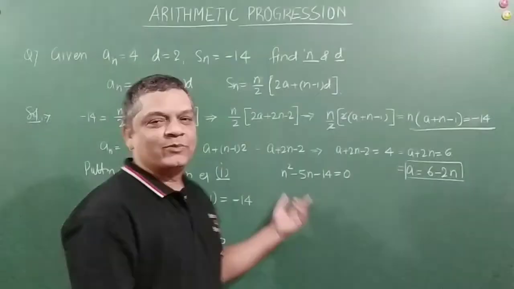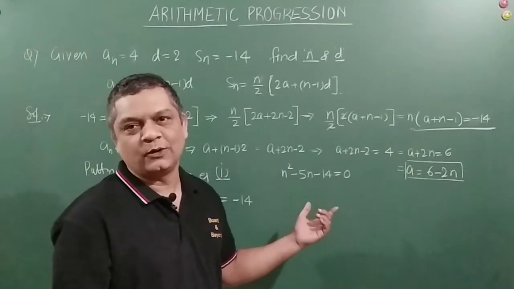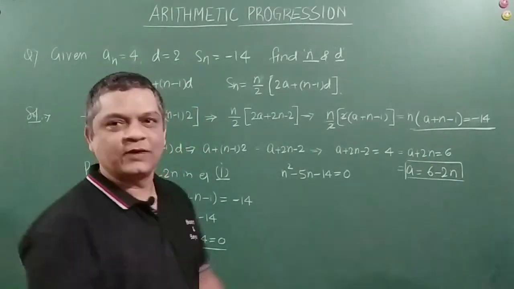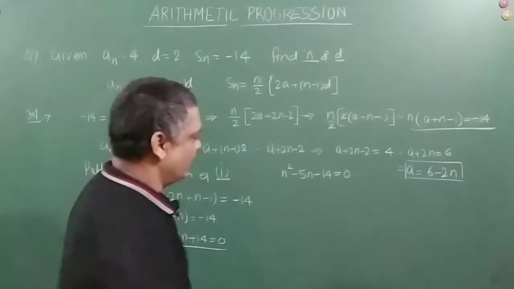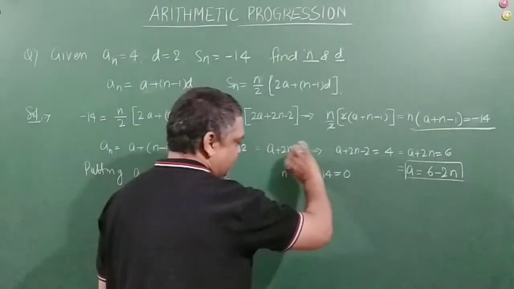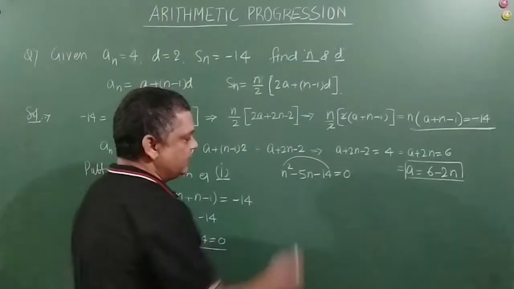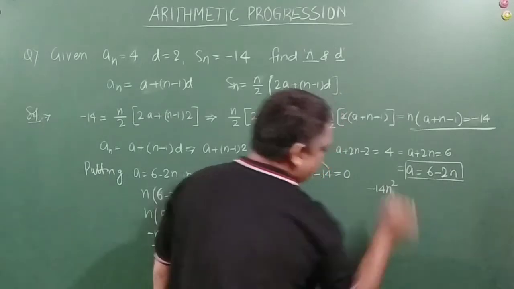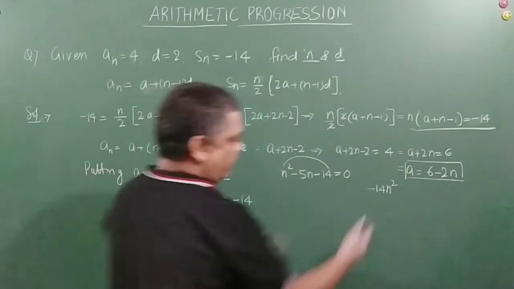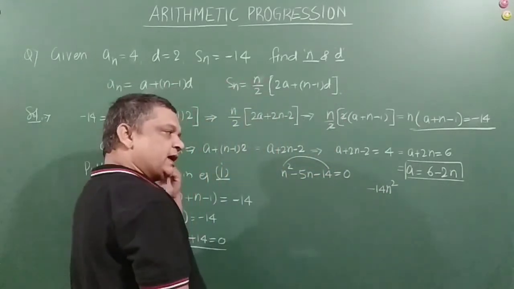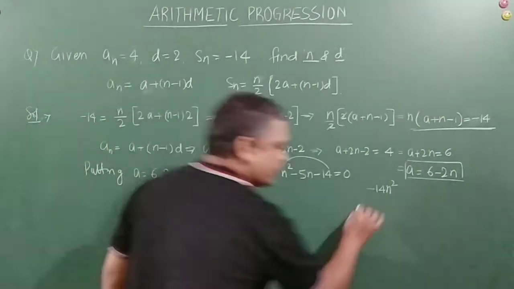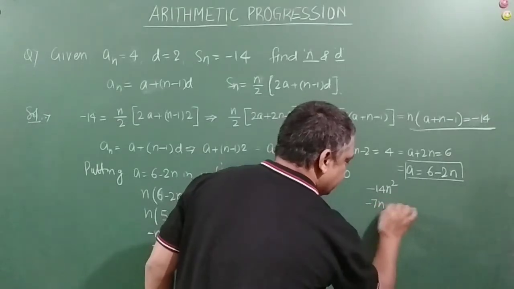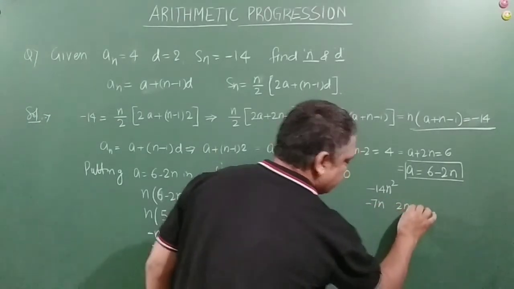Oh, friends, you have come back to quadratic equation here. So let's solve this quadratic equation and then find the value, right? So we'll try to split this and this term. The product is minus 14n square, right? We need to split it into two parts so that I get minus 5. So what I will do is minus 7n and plus 2n.